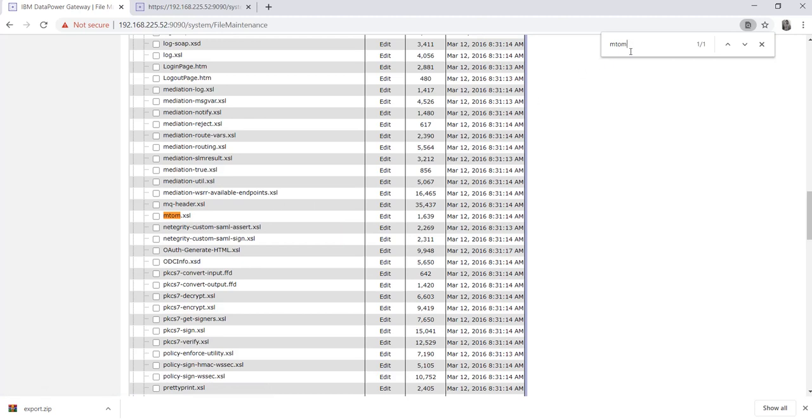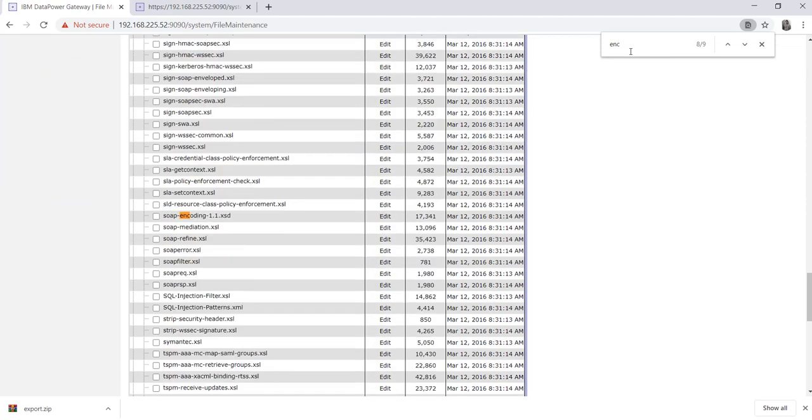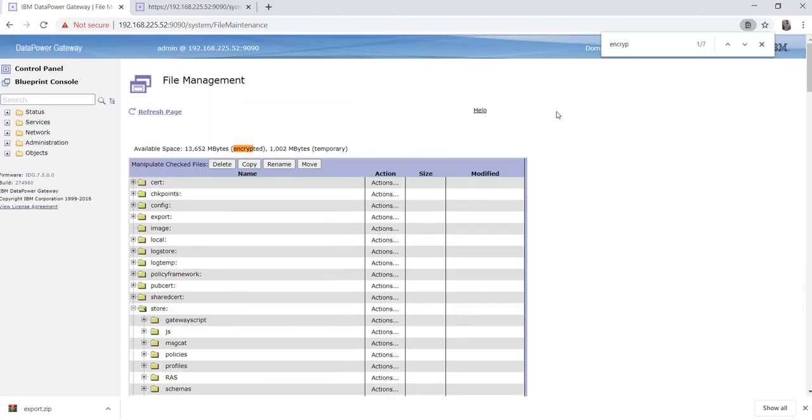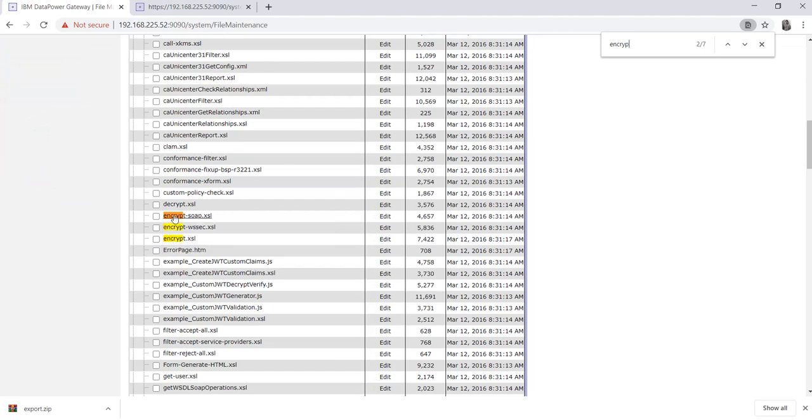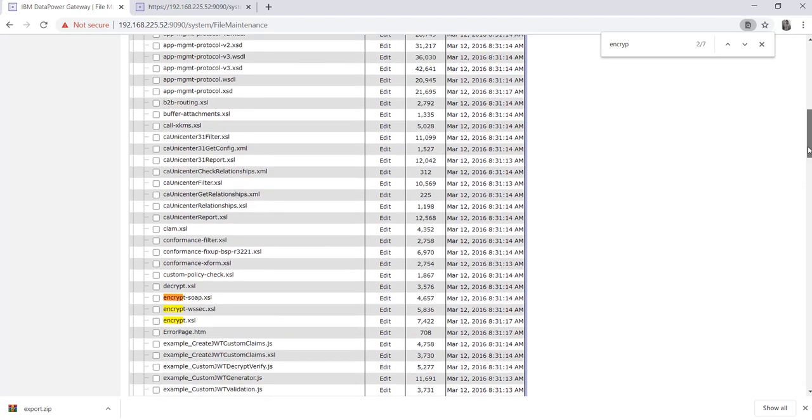Or if DataPower wants to perform encryption, like encrypting a SOAP message or another kind of encryption, DataPower will use these XSLTs. So in this directory, DataPower has all the XSLTs which it requires to perform specific operations.